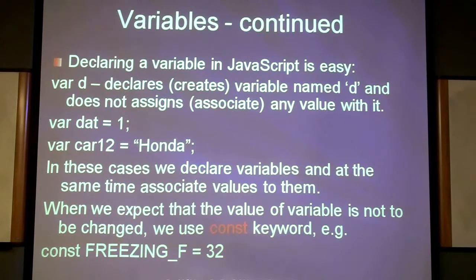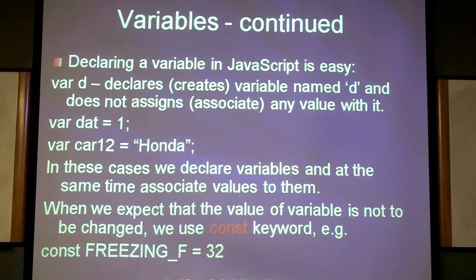When I write these two words here, var and D, essentially I create a memory spot in the memory. But at that moment, it does not contain anything. Essentially, I create a space in the memory, but I don't put anything there. So it means that there is a vacuum there. No number, no space, no air, no silicon, just vacuum.